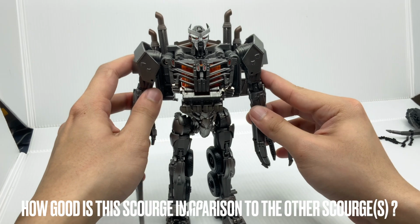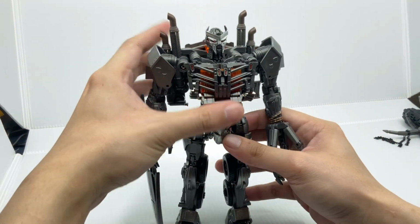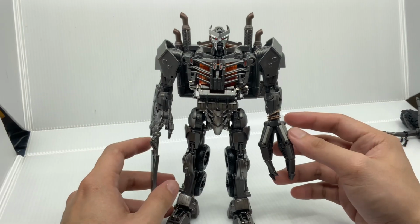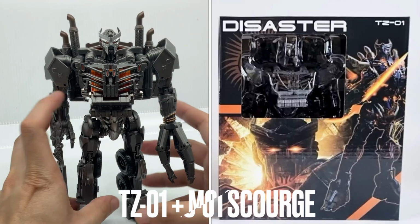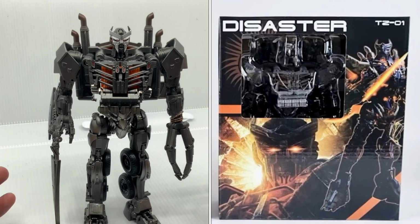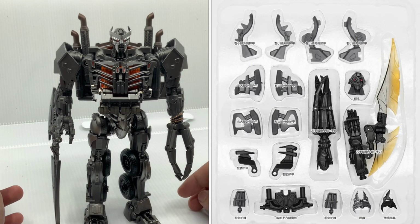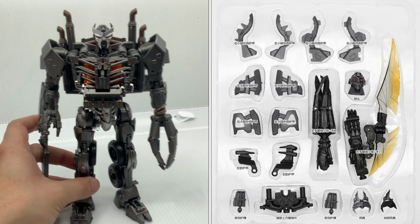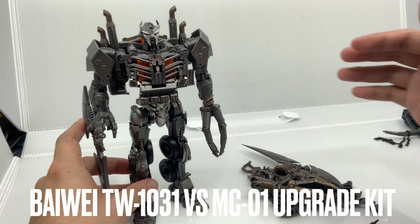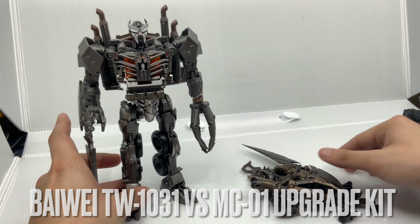But have you ever wondered how this guy compares to the other Scourge that got the upgrade kit? For example, the TZ-01 Scourge with the MC-01 upgrade kit. Actually, look at some of the parts and they are a lot different. If we go over some of the parts that I have for the MC-01 upgrade kit, we can see that